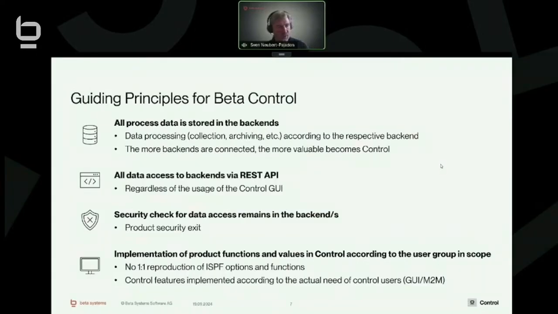We do not try to do that in a one-to-one approach. So not all functionality, not all options that a user has in the backend will be available in beta control. We rather have a look at which user group is using beta control and for what purpose. So there might be a near to all options like we have it for Beta Job Z,